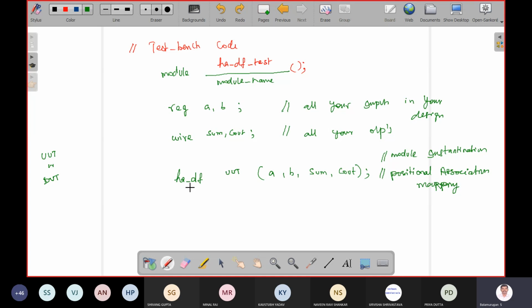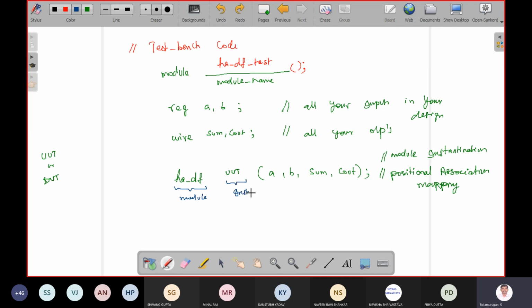Okay, this double slash in Verilog we are using for a single line comment. So what are the important things in this line? What is this first one? So the design code module name. We call it as module name. What is this one?